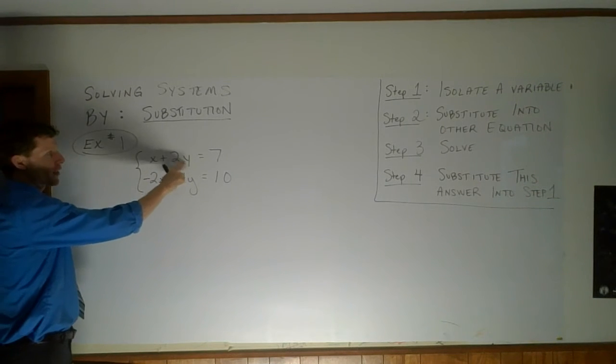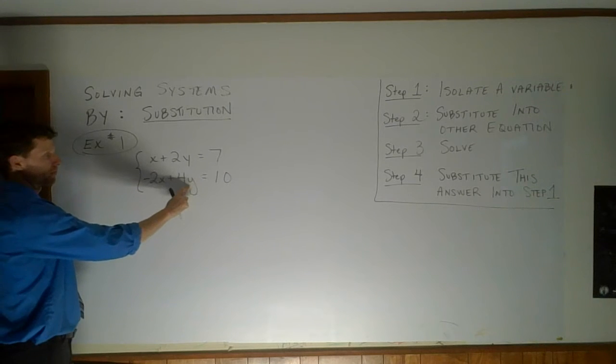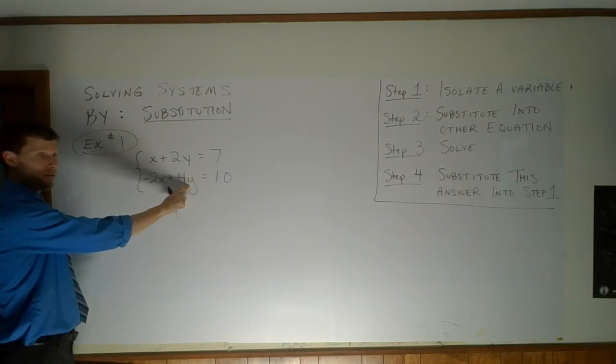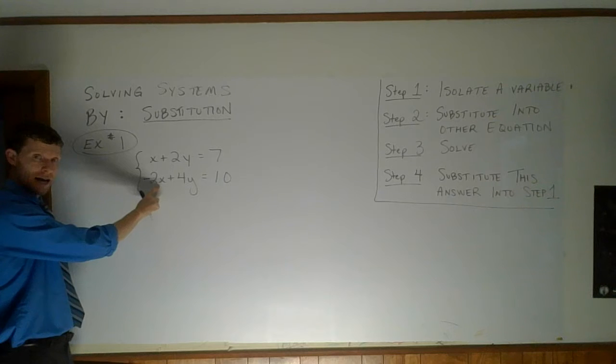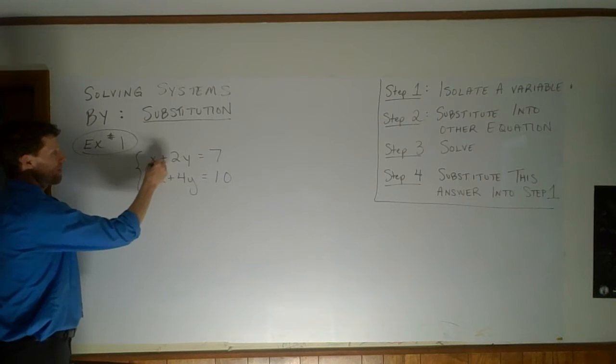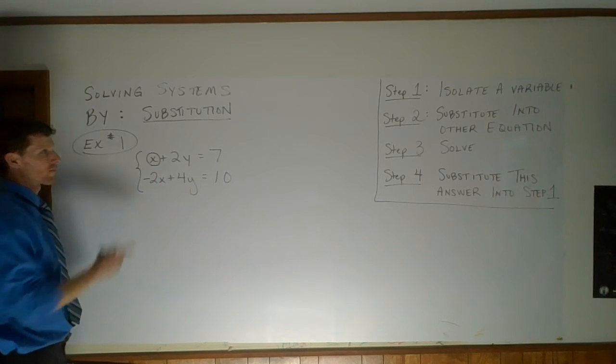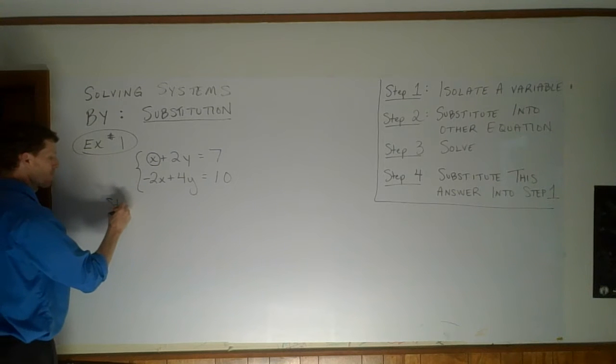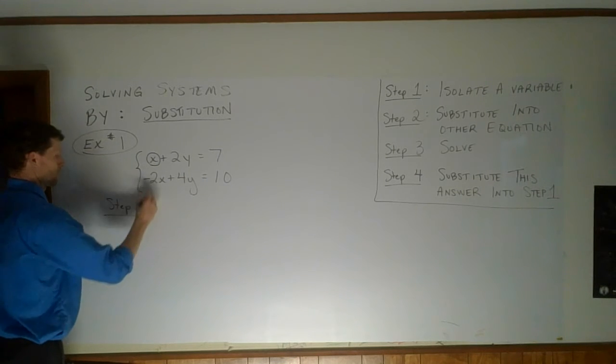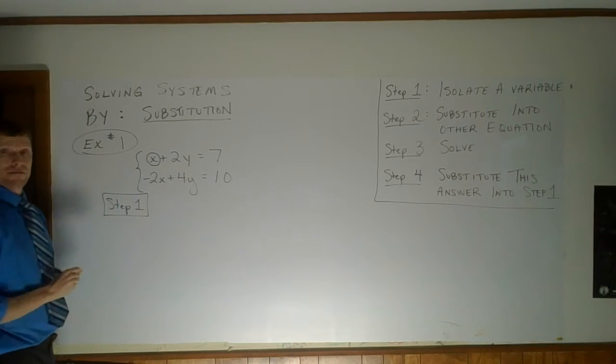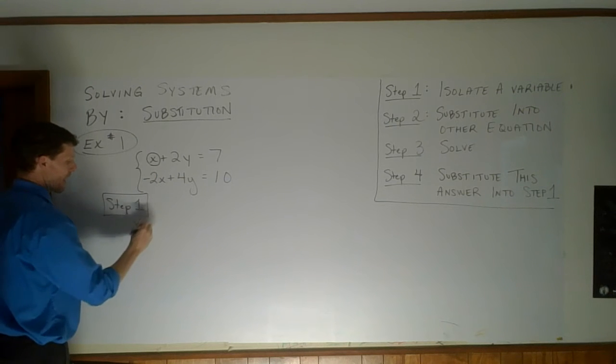So you don't want to choose this because it is a 2 in front of it. You don't want to choose this because there's a 4 in front of it. Don't want to choose this because of the negative 2. This is the variable that will be easiest. So step number 1 is isolate a variable. I'm going to isolate that x